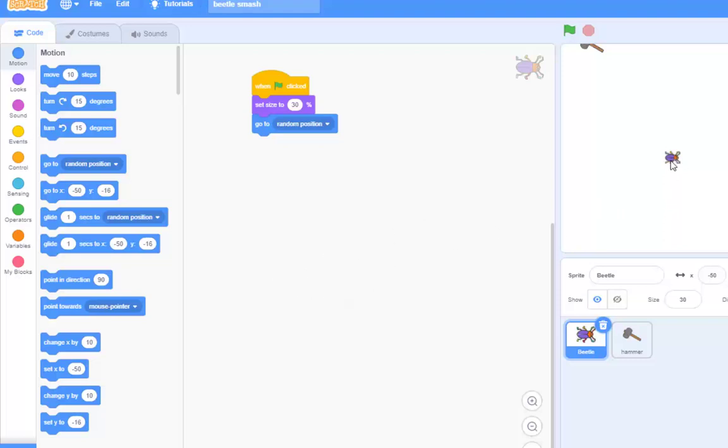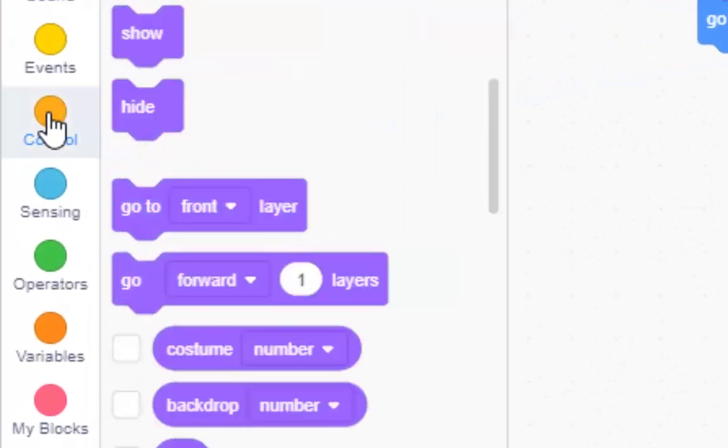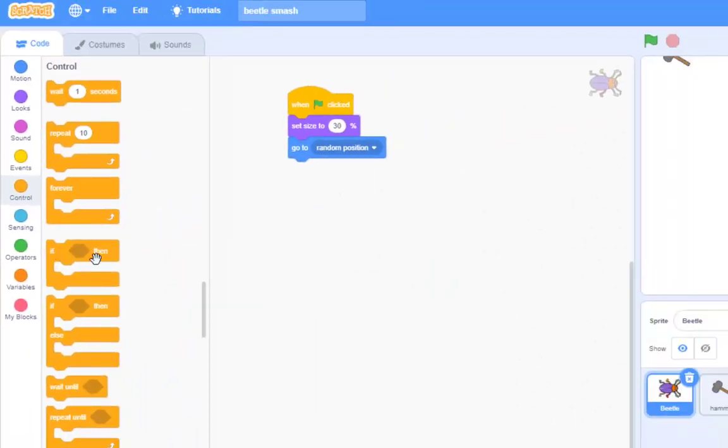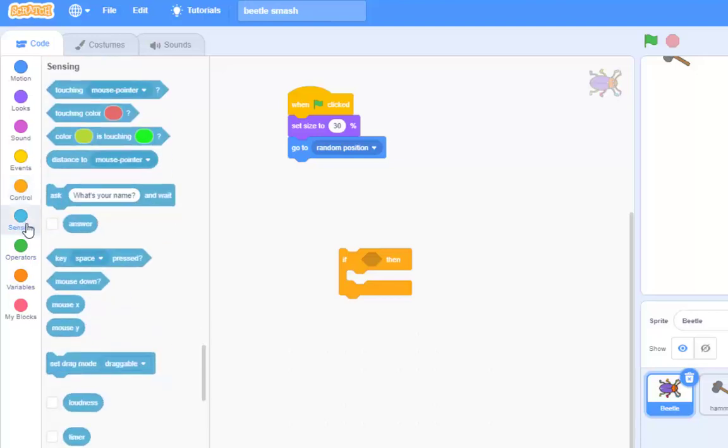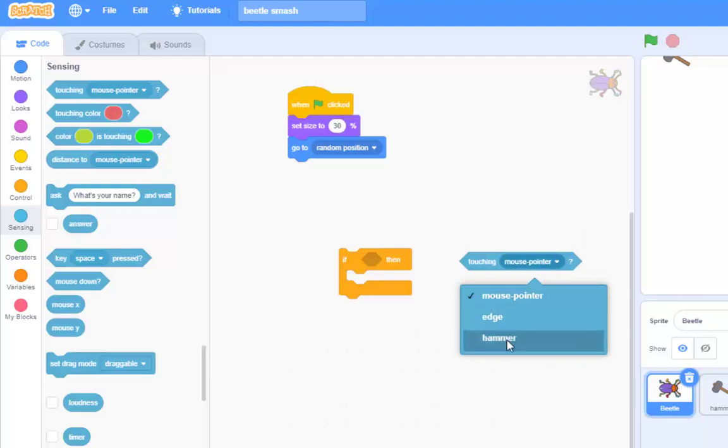Number one, you need to say if the beetle is touched by the hammer, then disappear. So how do we get an if command? Well, if we go to control, we find something called if then. And I need that block. Now you'll notice this sort of shape here. And in here, we need to put a special block. And we find it in sensing here, the one below. And there's one here that says, if touching, and you'll notice there's a drop-down arrow. If I'm touching the hammer,